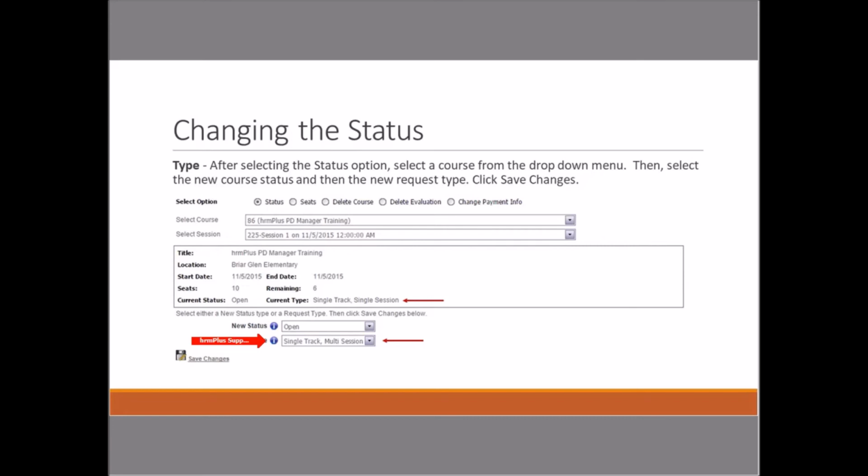However, if people have registered, so say you have a class up, it's a multi-session class, you've got 2 sessions, people have registered for both sessions, and you change your mind, you're going to combine it to be just a single session course. Things will get tricky if you try to change it. You might get some weird errors because when you change it and make it single session, you've got to also go back to that sessions tab and delete that extra session, but it might not let you because there's people enrolled. And that's a good time to get us involved because we can look at who's registered and make sure